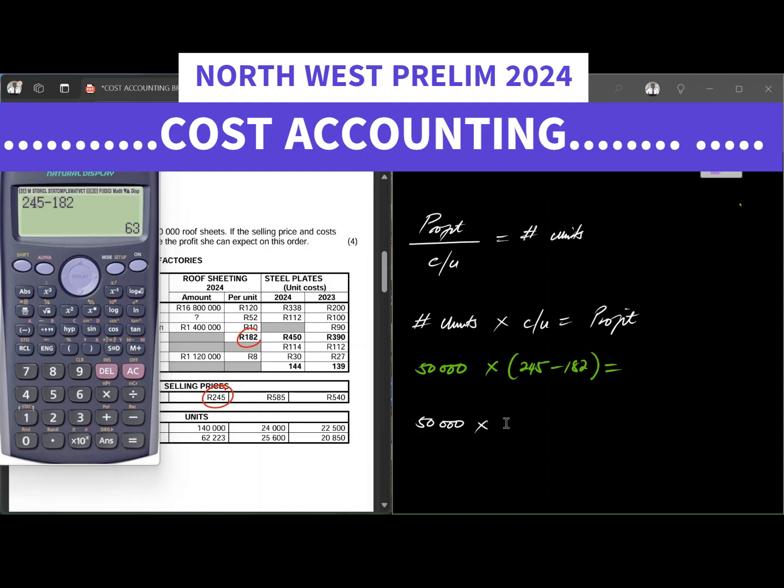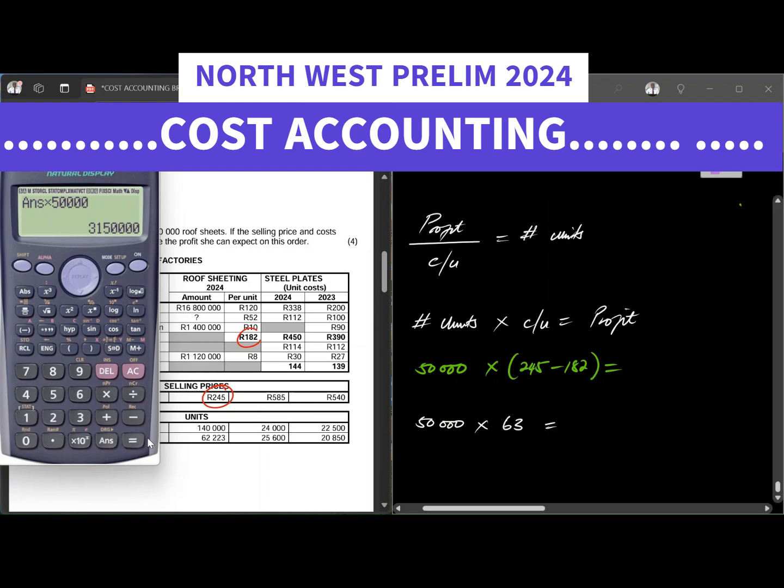So it's 50,000 multiplied by 63 over here. So here I'm going to get my 63. I'm going to multiply that by 63, 50,000 by 63. Then I multiply that by 50,000 units that we intend to sell. And then I'm going to end up with 3,150,000. This is the profit that we are hoping to realize. That is how I would do this